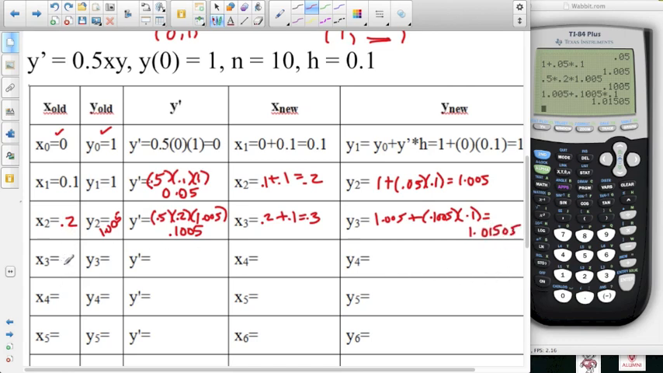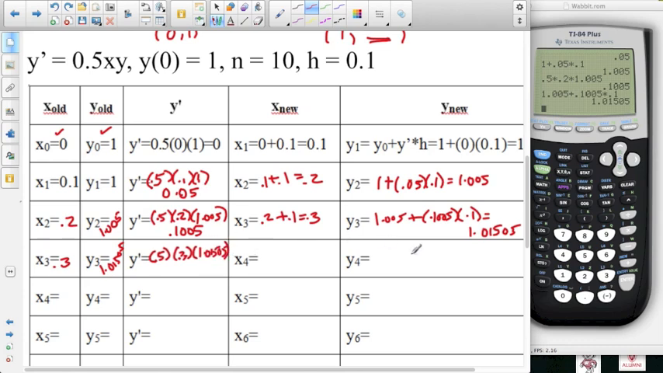And so we keep doing this. I'm going to have to do this a bunch more times here. So our x3 is 0.3, our y3 is 1.01505. And then we go ahead and calculate our slope again. So our slope is going to be 0.5 times x times y. So times 0.3 times